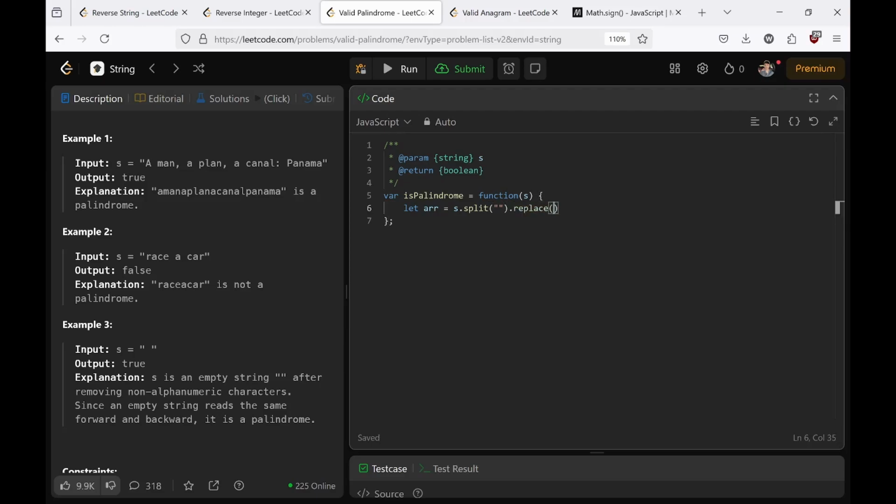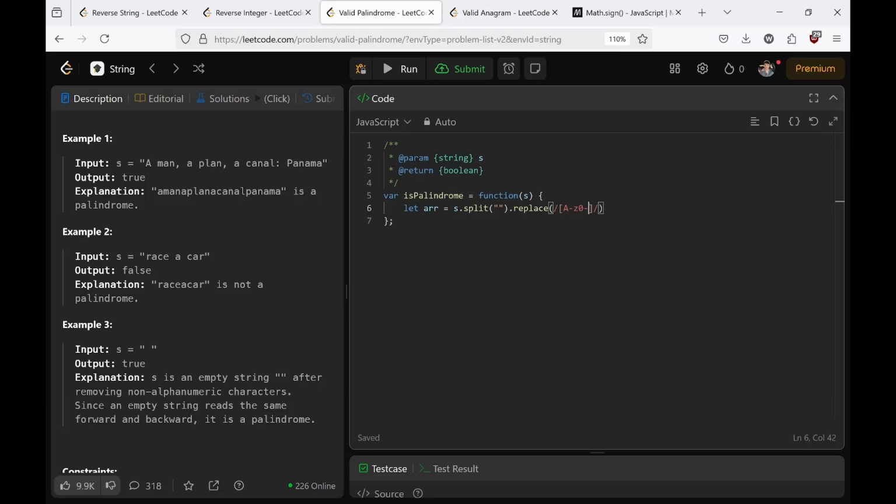So this is our regular expression. And how do we make a regular expression? Two slashes. Inside the slashes, square brackets. Inside the square brackets, we're going to want to remove a to z,